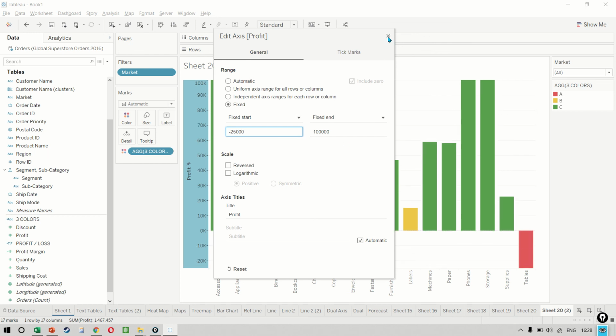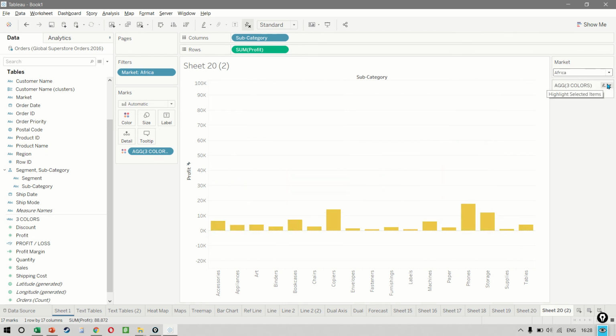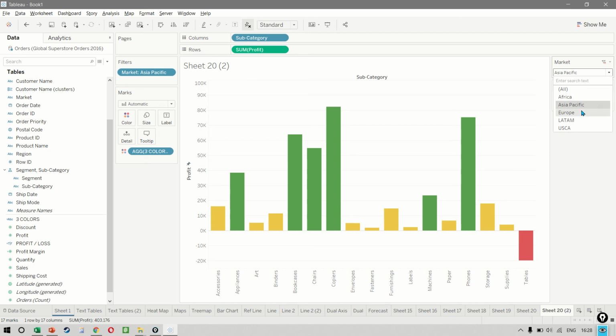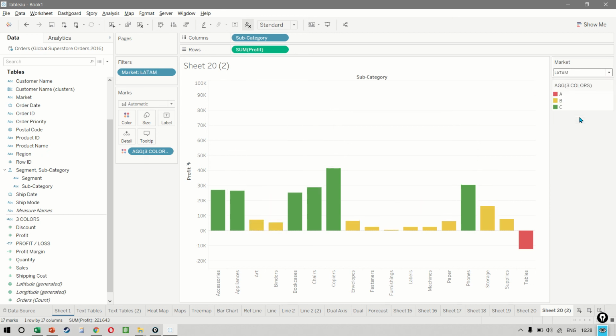So let's see if these numbers work. So now when we move between all our markets, we can see Africa, Asia Pacific, Europe, and this is a little easier for the user to understand because the axis is not constantly shifting.